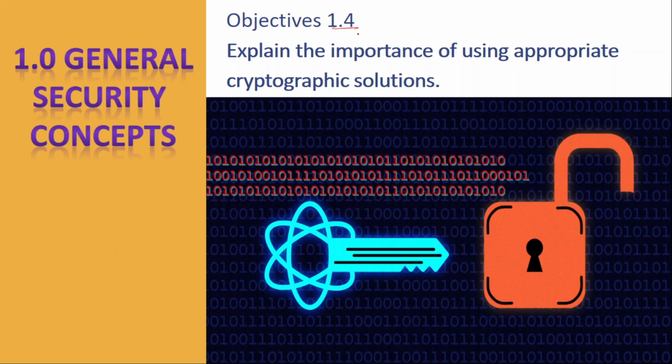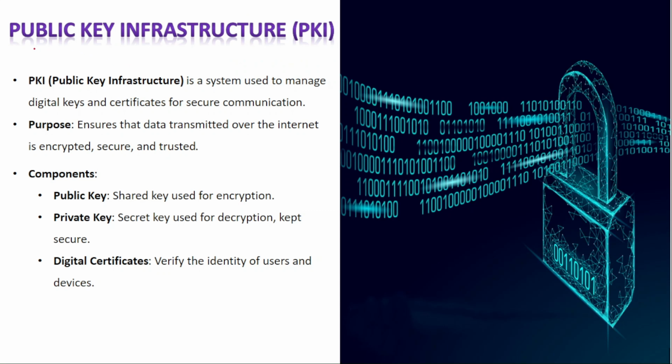Objective 1.4: explain the importance of using appropriate cryptographic solutions. Public key infrastructure, that is PKI. So public key infrastructure, or PKI, is a system used to manage digital keys and certificates for secure communication. Its purpose is to ensure that data transmitted over the internet is encrypted, secure, and trusted. So this is the basic purpose of the whole PKI: the security and privacy of sensitive information over the internet